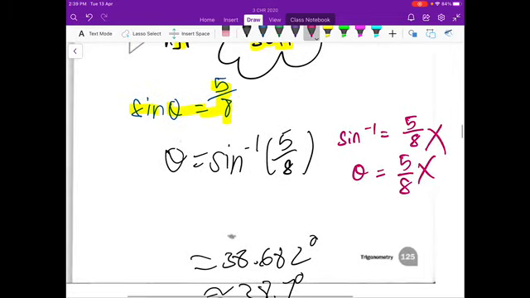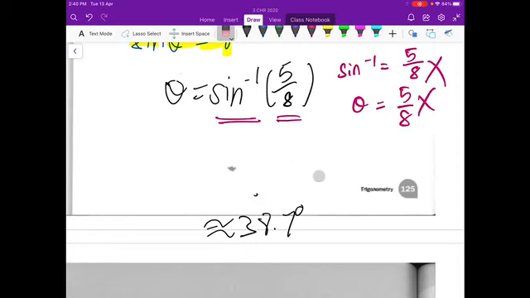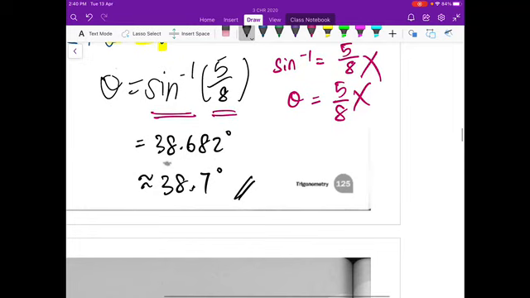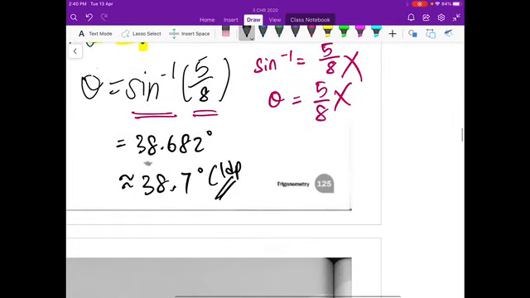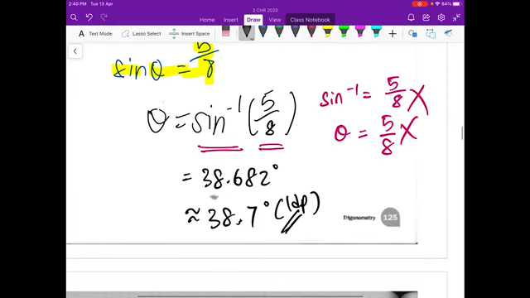So in order to find theta, we need to sine inverse 5/8. Calculator will give us a value 38.682. So you round it off to 1 dp, 38.7 degrees. One dp. Sine theta equal to